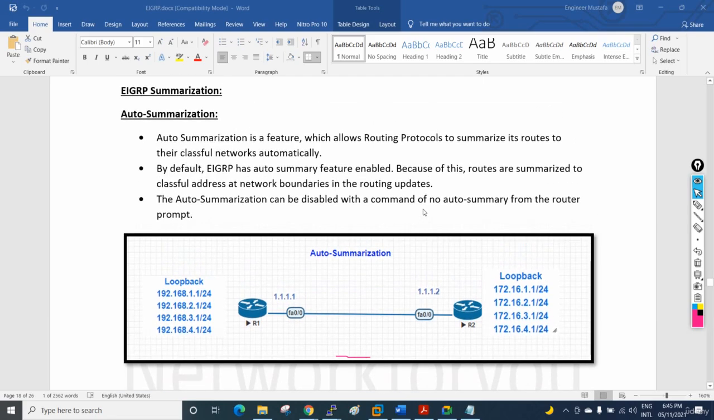Everyone, so now we are going to look at EIGRP summarization. Auto summarization is a feature which allows a routing protocol to summarize its routes to the classful network automatically. For example, if you remember, whenever we are configuring EIGRP, we are writing no auto-summary, right? Because EIGRP is going to do the auto summary automatically, and the drawback here is sometimes they